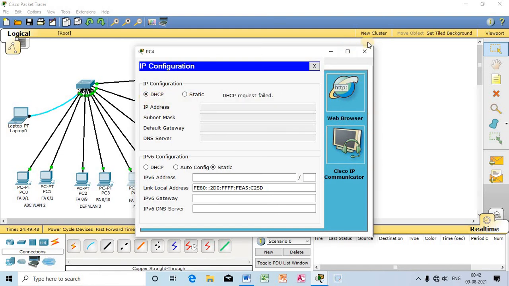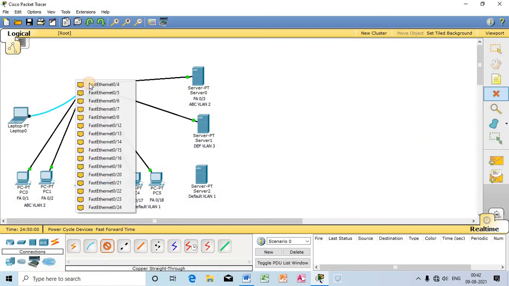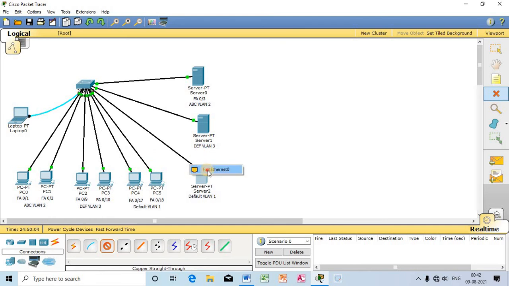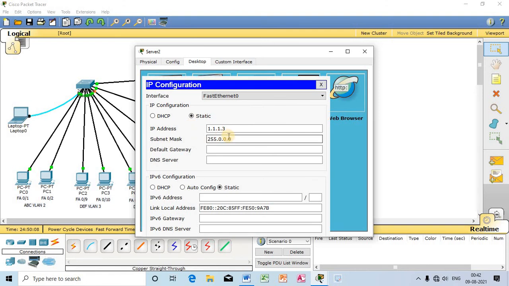You can watch out, requesting IP address, DHCP failed. Is there any problem? Let me check how this is connected. This is VLAN 1. Again I will use a straight cable. Let me connect, and let us check the static IP.